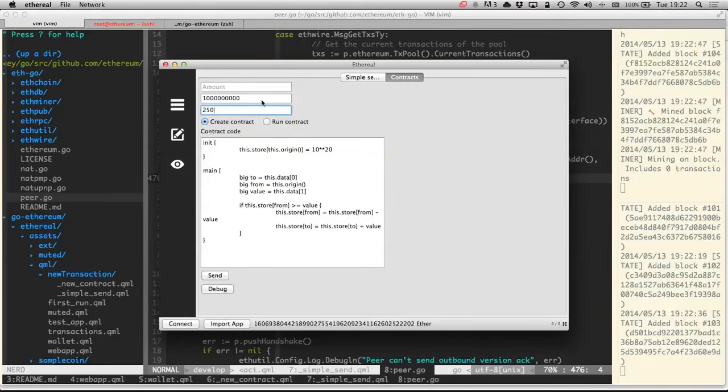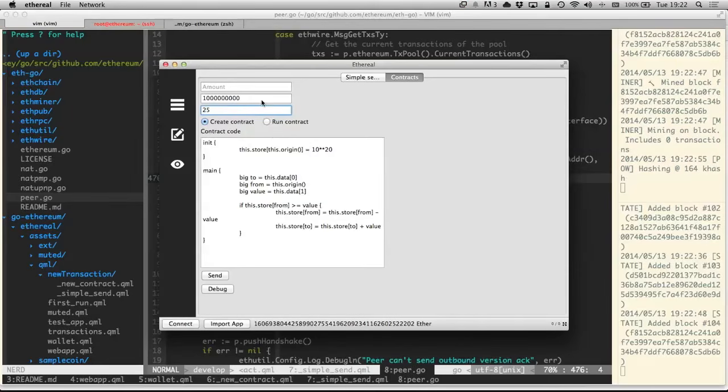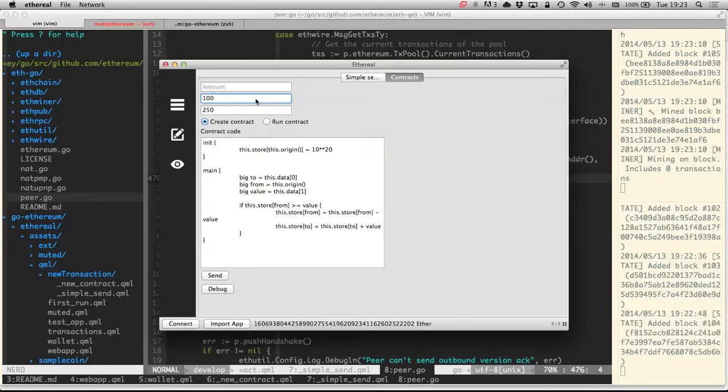You say, I want to spend 100 gas on this contract, and I offer a price of 250, so the gas price would be 250. So it would be 250 times 100, and that is the maximum amount of gas that you want to spend on this thing. Okay. So for each